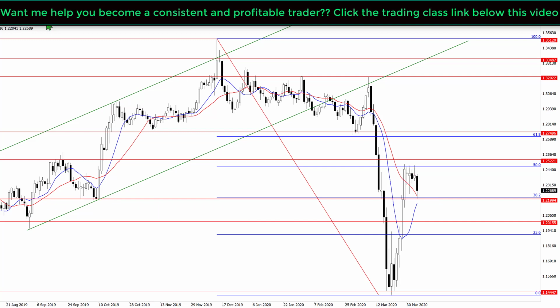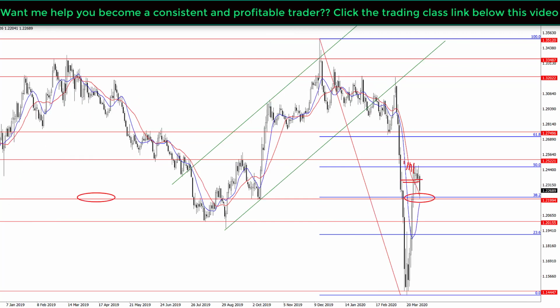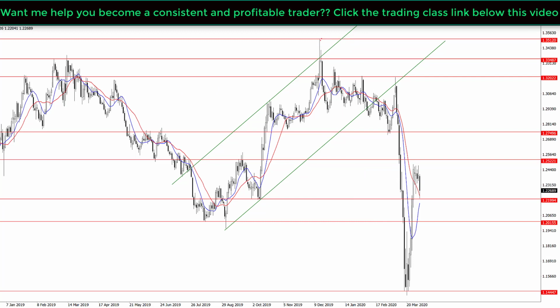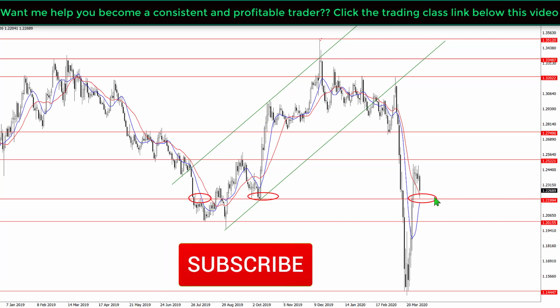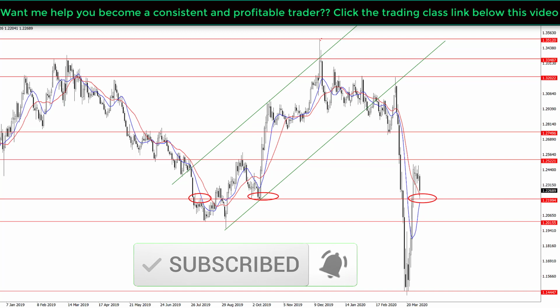So let's zoom out. Okay, zooming out right now, we can see this trend properly. I'm going to remove this Fibonacci retracement so we can actually see the chart properly. Now we can see the price movement properly on the chart. We can see we have a key level structure right here, key level structure right here, and a key level structure right here, which have acted as a resistance for this downtrend right here, and a support for this uptrend right here. And now, will this act as a new support for the British pound sterling against the American dollar next week, for the fact we have our Fibonacci retracement level applied on this trend right here